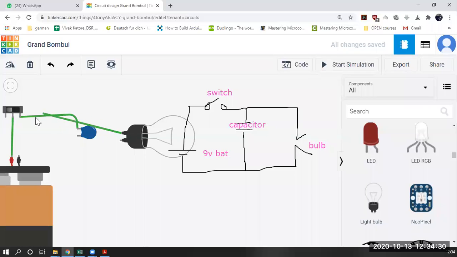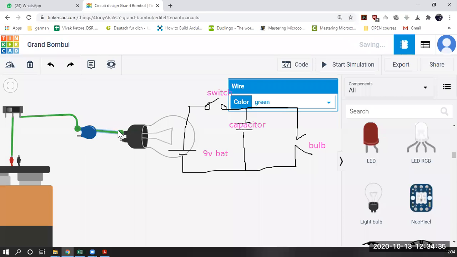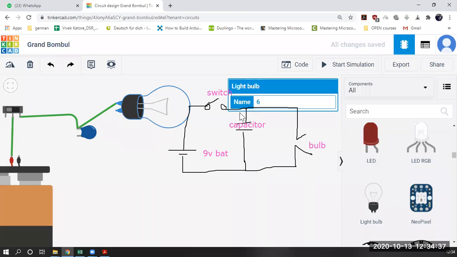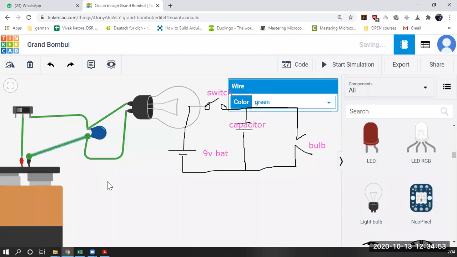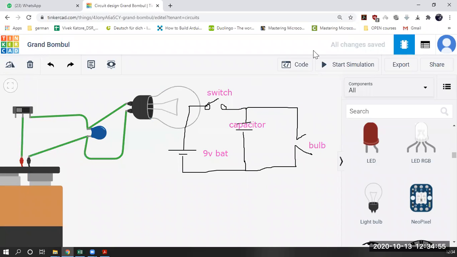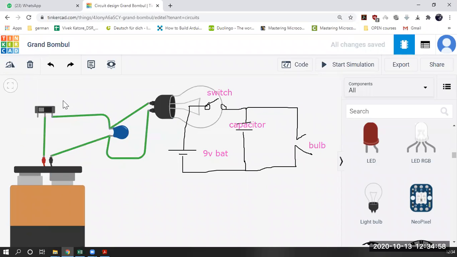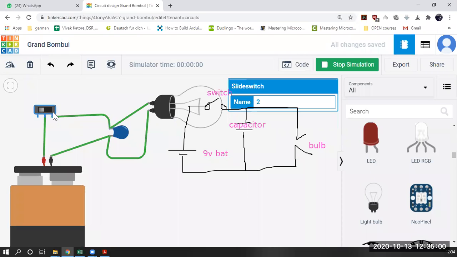See, it's not settling here. It will eventually settle here. Okay, but that basically means the same thing because this wire is actually connected to the capacitor side, right? So it makes circuit creation a little problematic when we have to connect something like this. Okay. But you can do it, but it will be troublesome work. Okay, if I turn it on and off, it works, right?